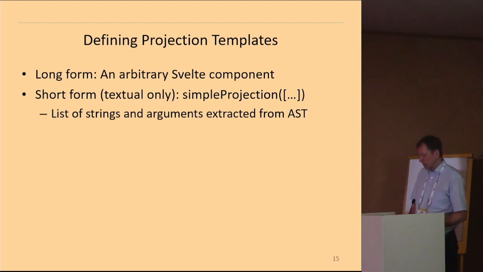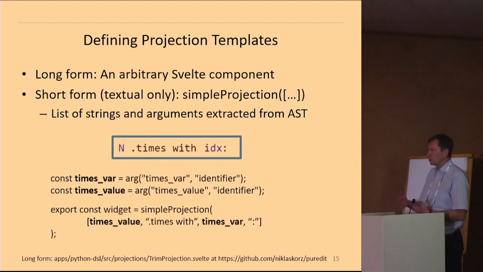The long form is essentially writing more involved Svelte code, but for textual simple forms, you essentially use code like this, where you have a list of variables extracted by a pattern and the constant parts. Okay. Now, even if writing of such DSL elements, I would say, is rather simple, we still tried to make